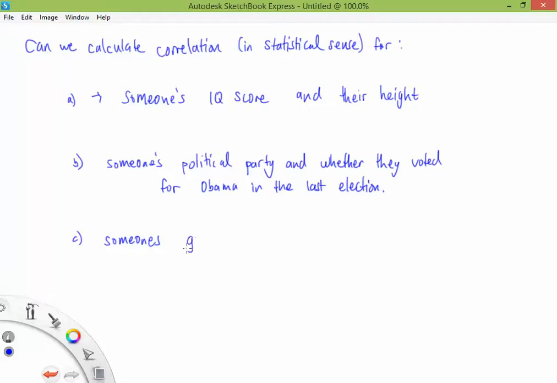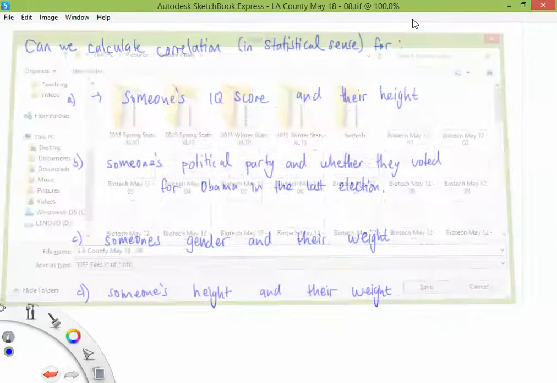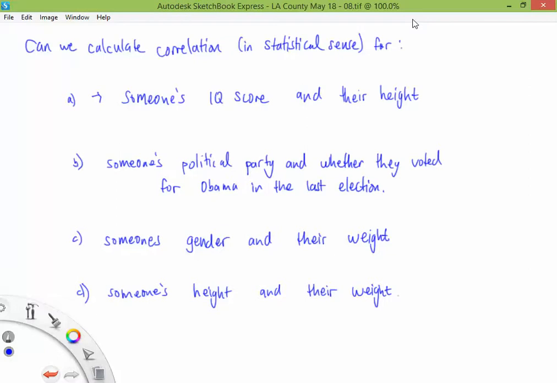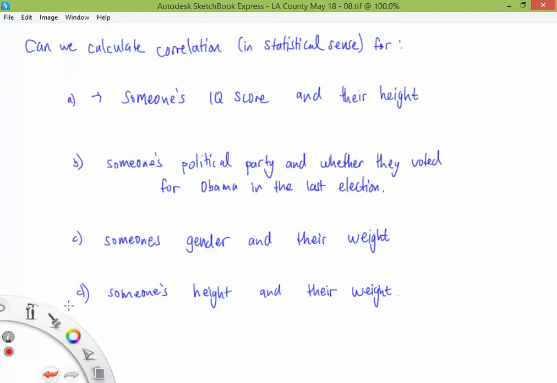Someone's gender and their weight. So I'll let you guys write these down and then think, can we calculate or find a correlation,